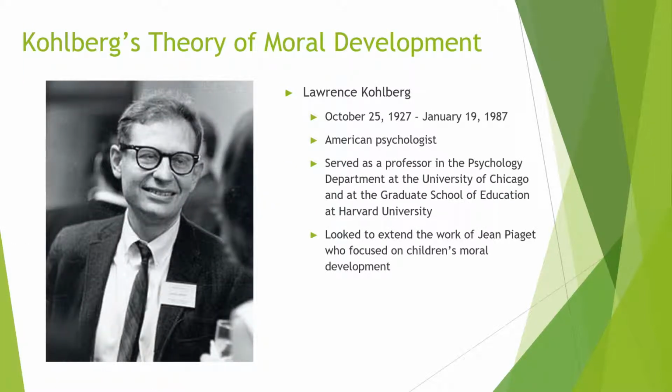All right, first we are going to talk about Lawrence Kohlberg. He was an American psychologist and served as a professor at the University of Chicago and finally settled in at the Graduate School of Education at Harvard University. And it's important to talk about Kohlberg first because he was one of the first people to study moral development. He actually followed along in Piaget's studies in adolescence, but he built upon those theories and studies by applying it to college students, and their understanding of rules, moral responsibility, and justice.